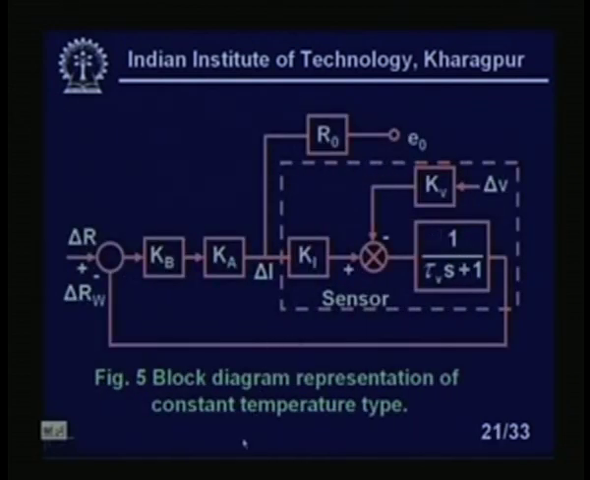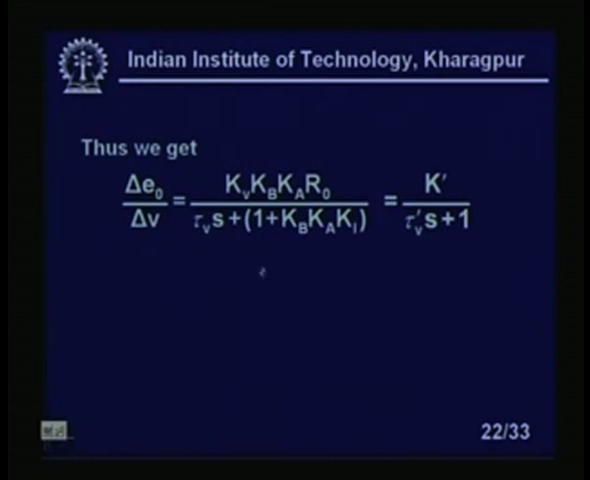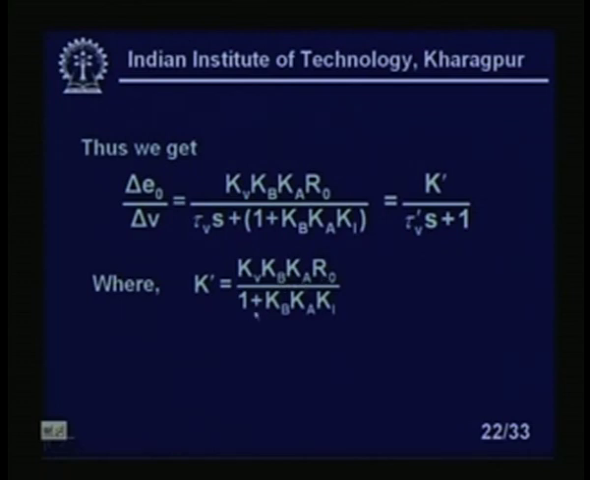Now, this is a block diagram of a constant temperature type of sensor. As we can see, we have Kb, Ka, and E naught is going out. So, this is our typical system. Thus, we get ΔE0/ΔV, the change of output voltage due to the change of velocity, equal to Kv Kb Ka Ro / (τV S + 1 + Kb Ka Ki), which is equal to K' / (τ'V S + 1). Previously, it was only τV S + 1. So, what is τ'V? K' equals Kb Ka Ro times 1 / (1 + Kb Ka Ki), and